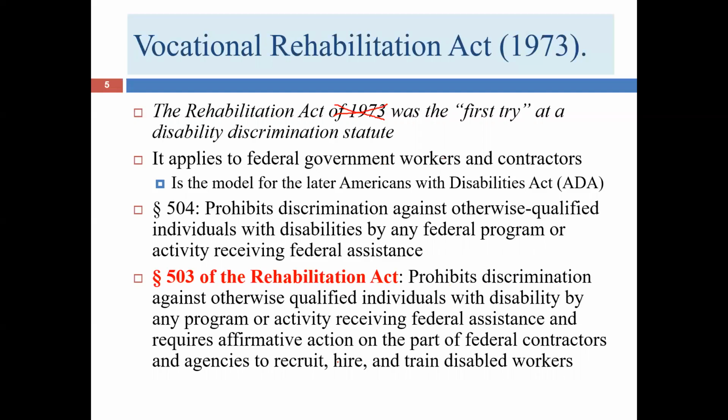The part of the Rehabilitation Act that we're focusing on is Section 503. So if you don't have this in your Quizlet, please go ahead and add it. And Section 503 is the section that discusses discrimination based upon disability in terms of employment, the recruiting, hiring, and training of disabled workers. So this is kind of equivalent to Title VII. In other words, it's a part of a larger law that deals with other issues, but this is the section that deals with employment. So this is the one that we're interested in for this case.